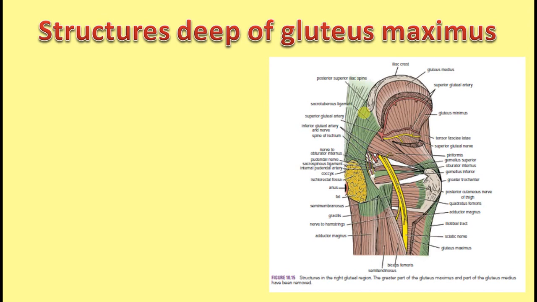Now the gluteus maximus, if you compare it, the synonymous muscle in the upper limb is your deltoid. Same way how the deltoid is actually disposed, the gluteus maximus also, because both are very powerful muscles. So there also it abducts, here also it brings about abduction. And the structures under cover of gluteus maximus can be classified into muscles, vessels, nerves, tendon, joints, bony structures, and